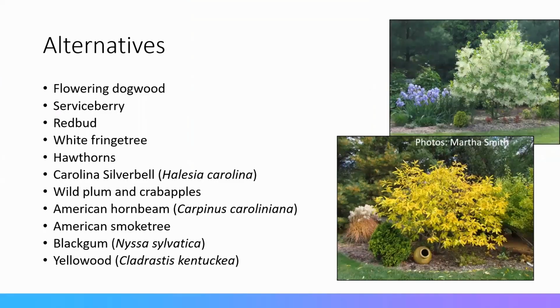Now, there's a lot of alternatives for something like Callery pear. As I said, you can still go buy Callery pear, but because we see this escaping and crowding out a lot of our native species and creating that monoculture again in our wooded areas, we would encourage you not to purchase something like Callery pear. There's a ton of alternatives out there. Probably one of my favorites, pictured here on the right side of the screen, is white fringe tree. This is Chionanthus virginicus.